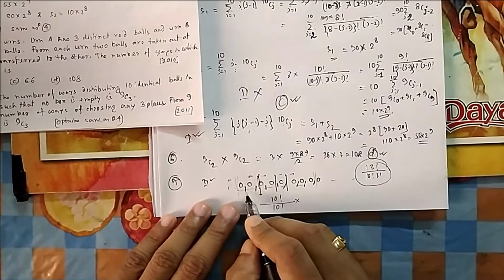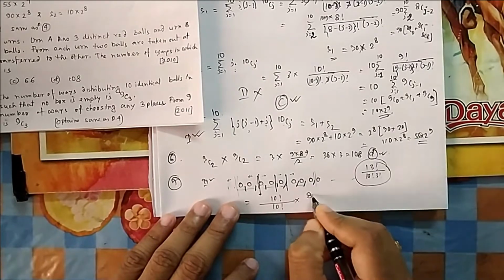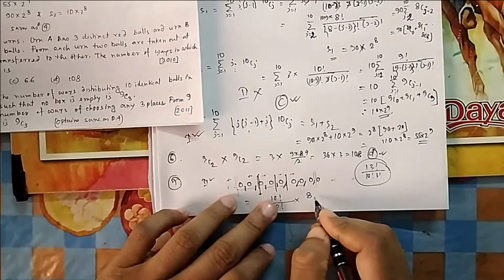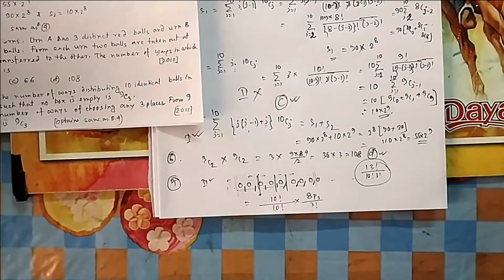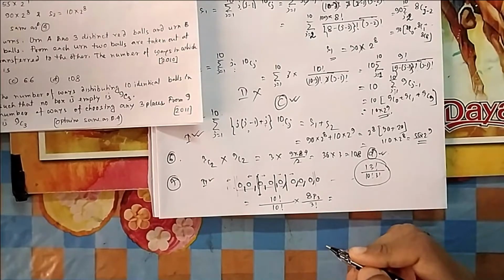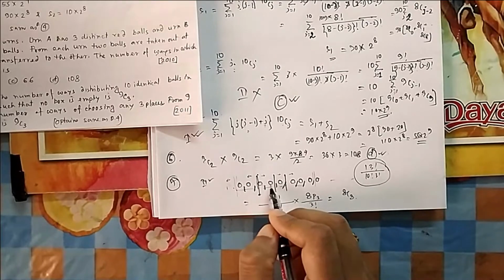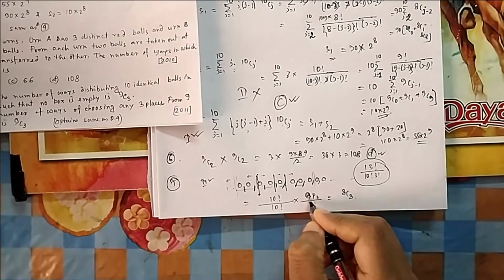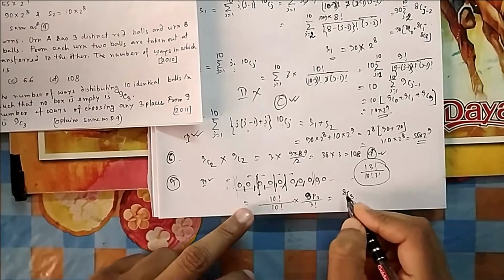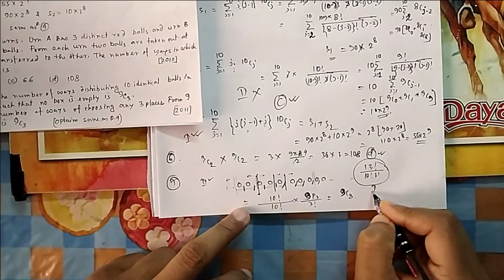So that's why, how many options do you have? 1 2 3 4 5 6 7 8. Out of these 8 you have to choose 3, 8P3, but divided by 3 factorial, because all 3 sticks look the same. So it is 8P3 divided by 3 factorial, that means 8C3. I think I have not placed the 10 balls. 1 2 3 4 5 6 7 8 9 10. So you will get 9 places. With 10 balls, you will get 9 places. So it is 9C3. So that's why option A is correct.